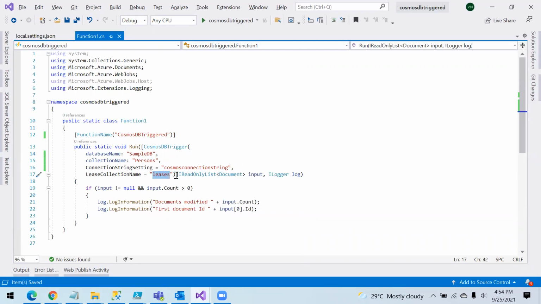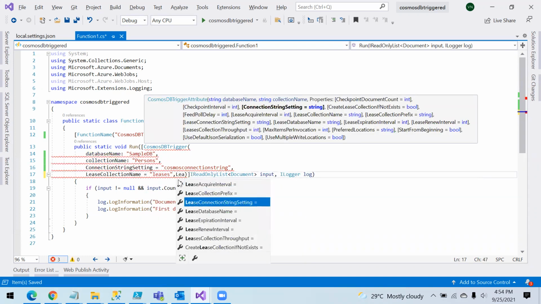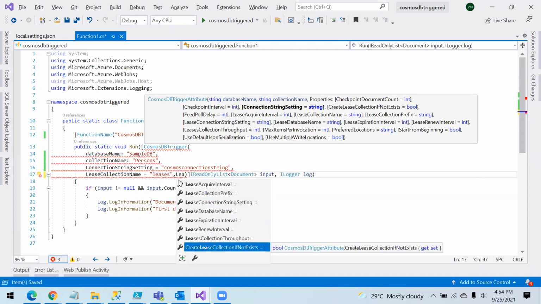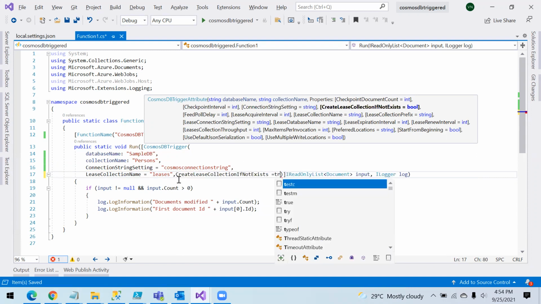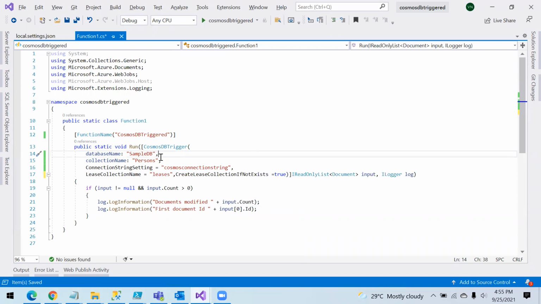Or else what you can do is you can just put lease connection, create lease connection if not exist to be true. What this will do is whenever you run this function and you put something inside your Cosmos DB, or even before that, a collection with the name lease will be created inside your Cosmos DB.